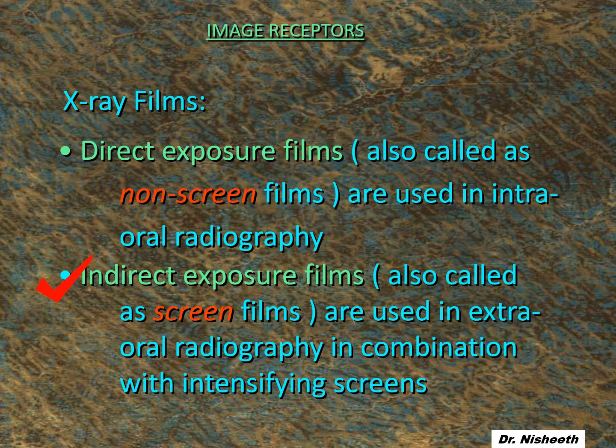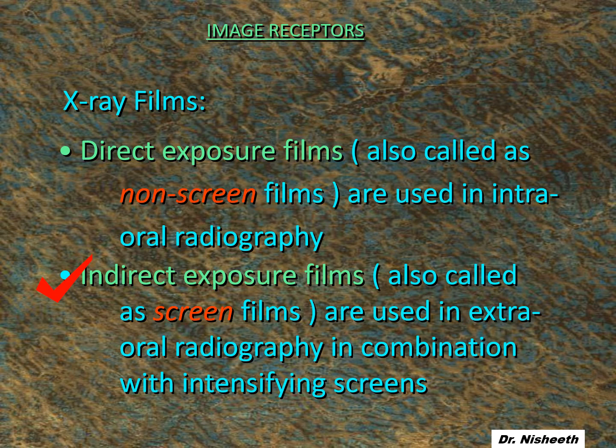Direct exposure films: the film's composition contains a base and an emulsion. The base is made up of polyethylene terephthalate or polyester, which is 0.2 millimeter in thickness, chemically inert, translucent, and has a slight bluish tinge to it. On that base, adhesive is applied. On that adhesive, an emulsion is applied.